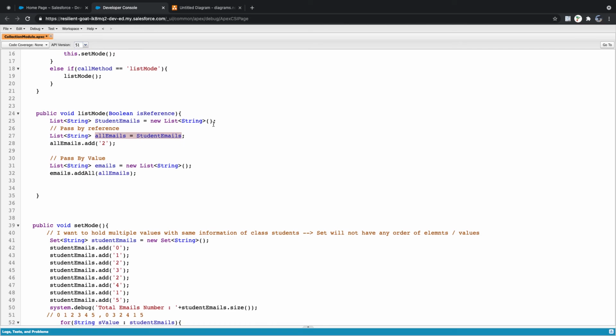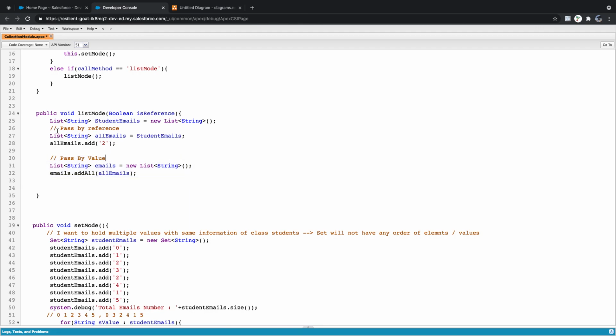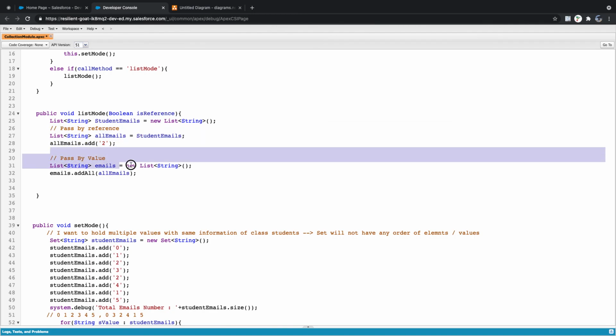So you should be clear on references versus values. Always pay attention to whether collections are being referenced to each other or created from values only, copying, or we can say cloning, deep cloning and shallow cloning. There are different concepts, but let's forget about all that.